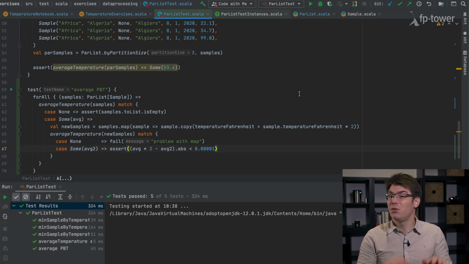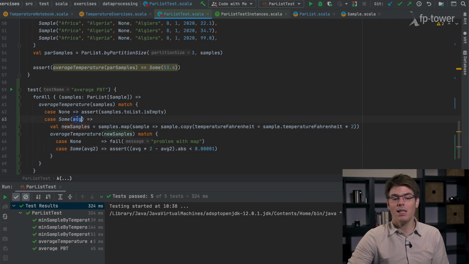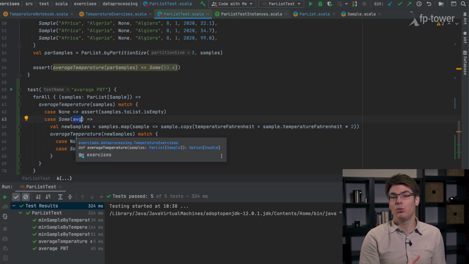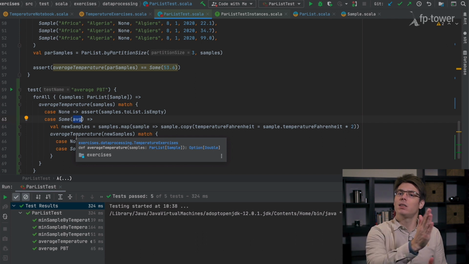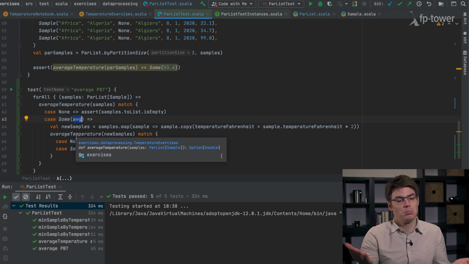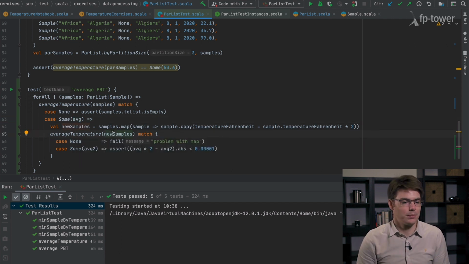Another test we could have done, which is very similar, is to say that we take the average and we remove this average from every single number inside of the samples. So instead of multiplying by 2, we could have said minus average. And then in this case, the second average should have been equal to 0. Because this is a definition of, if you have an average of several numbers that is equal to 10, you do minus 10 to every single number, then you move back the average, you recenter it around 0. But the idea is the same. Cool, isn't it?